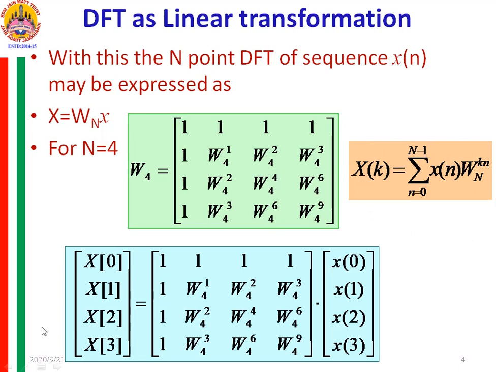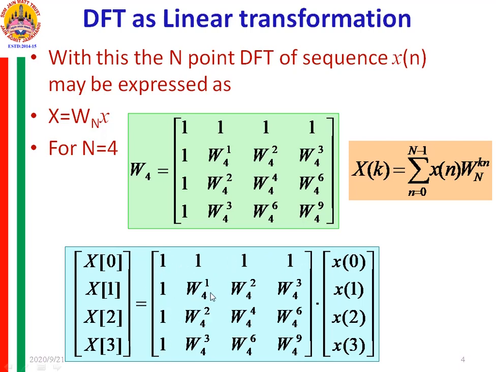And similarly for X2, for the third row, you have to multiply with this column, and to get X3, the last row you have to multiply with this column, and whatever equations you get are as per this expression of DFT. That is why we take this W raised to kn into an N cross N matrix. If you observe carefully here, the first row and the first column give W raised to 0, so they are filled with 1, 1, 1.